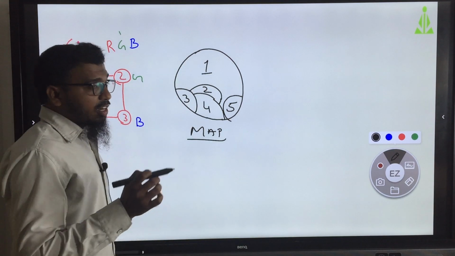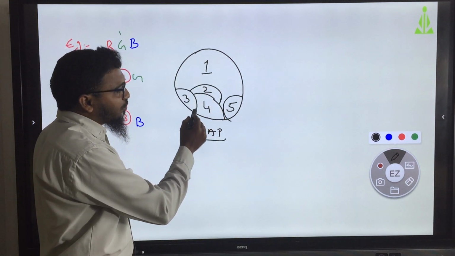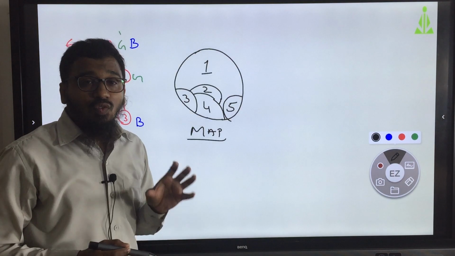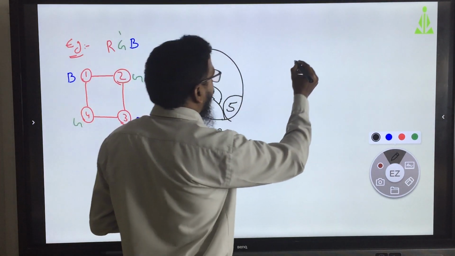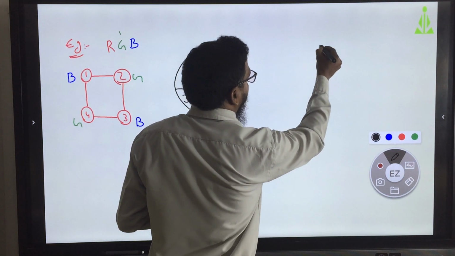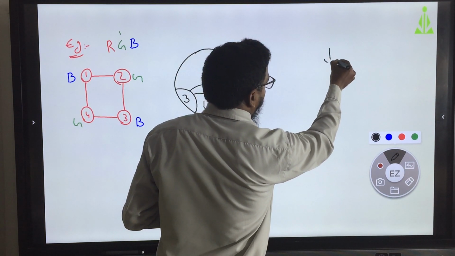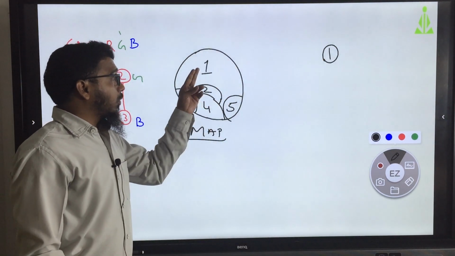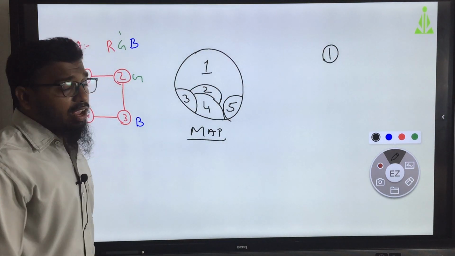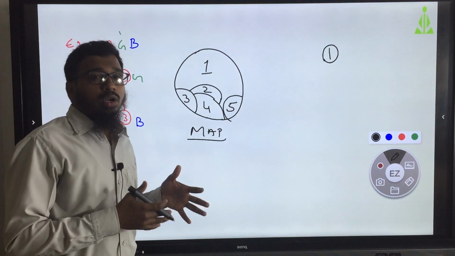Okay. And consider this 1 2 3 4 5, these are all the vertices. Fine. So, I am going to draw the tree here. First, state 1. And how many are adjacent to state 1?